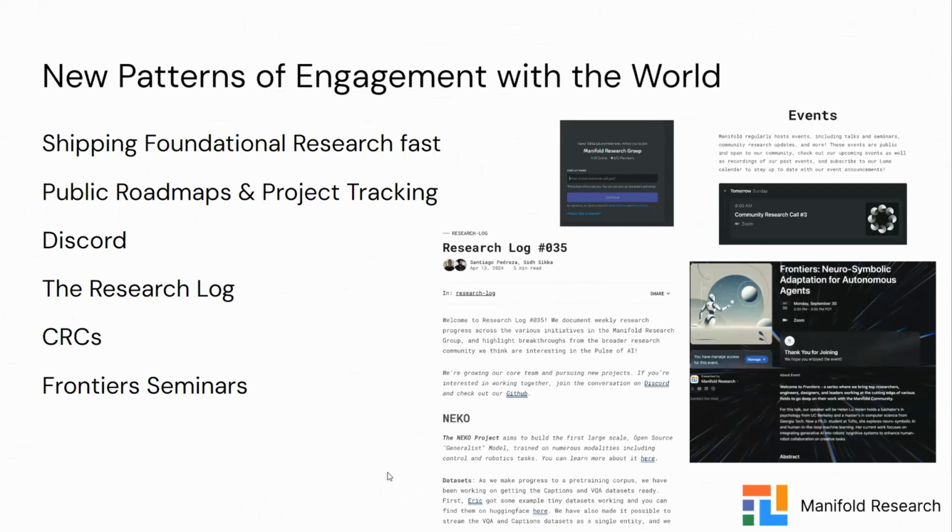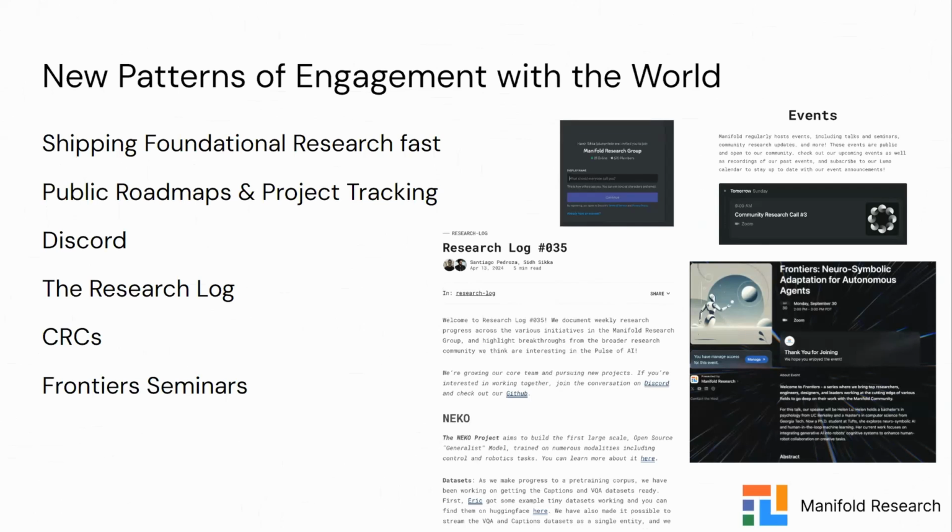And so some of the things that we've been trying to do is, first of all, we ship research really fast. You'll hear a lot about that today. I'm sure a lot of the teams can testify to that, that it's pretty intense and we enjoy that. We also totally work in the open source and engage with the public. So our roadmaps and project tracking and everything is on GitHub. We try to make it as transparent as possible. One of the challenges is we work on really serious research, so it's hard sometimes to figure out the right ways to enter and contribute in an asynchronous way, but we're trying to improve that as well.